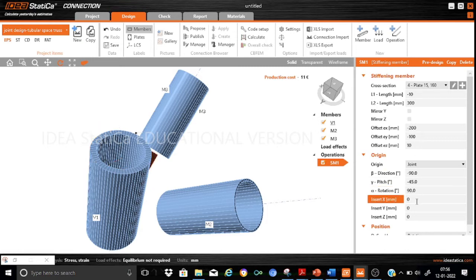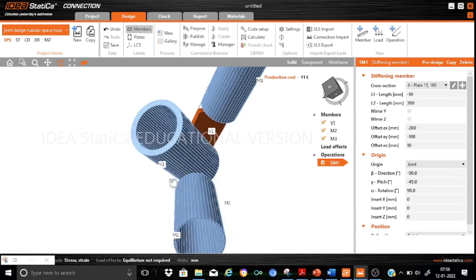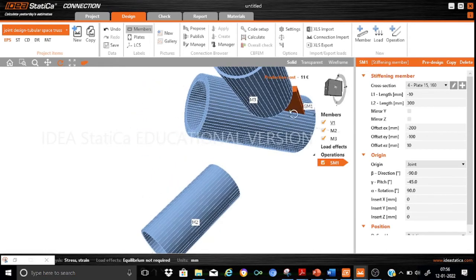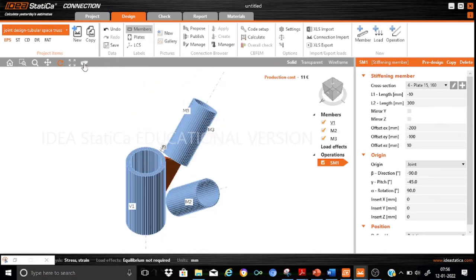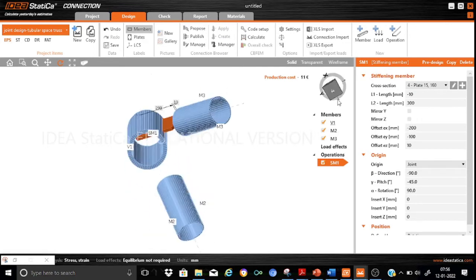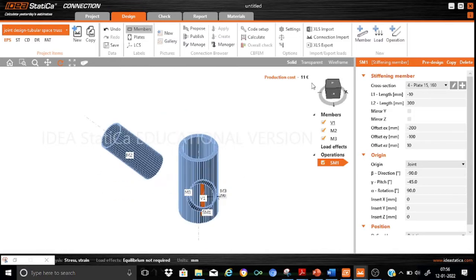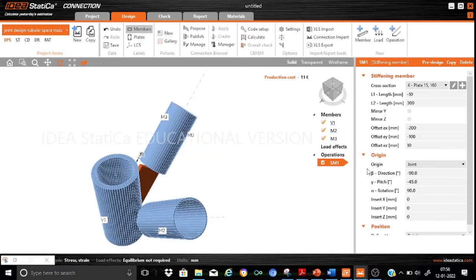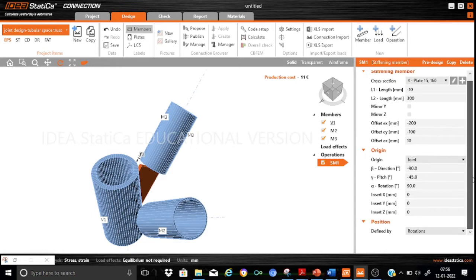So you can say that now, just rotate. So look here. So you can say that it is okay. This is the stiffening member. It is properly aligned along with the tube. That is very clear from this view. Okay, so we have all these rotation parameters mentioned properly. It is verified. So the positions will keep the same.